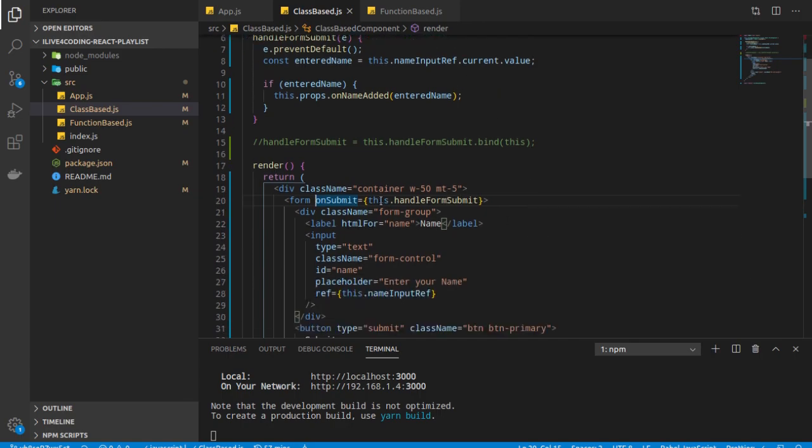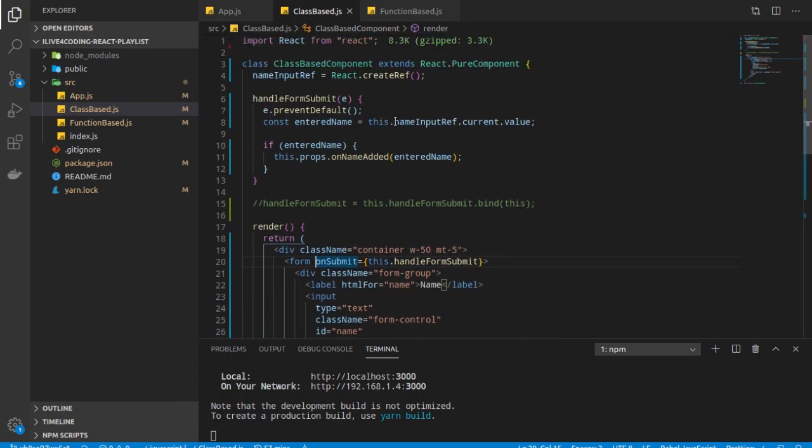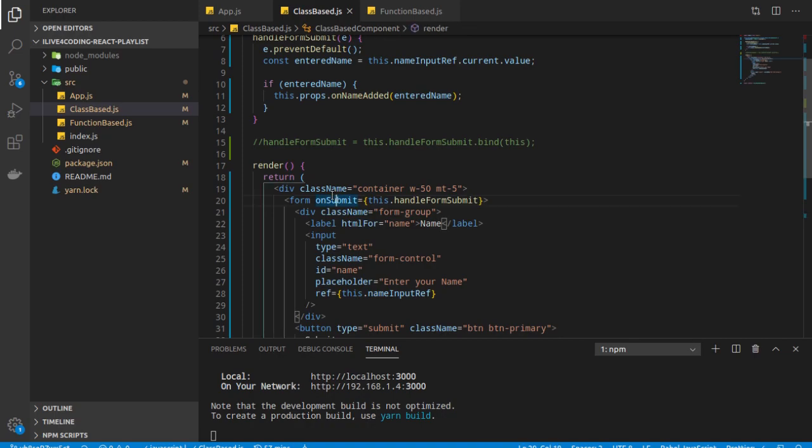That's the reason we are not getting this here, because this is not this reference, but something else which is called within React's environment or React's events context. Am I clear? So what's the problem? This is dynamic and this refers to the current context on which the function is called.